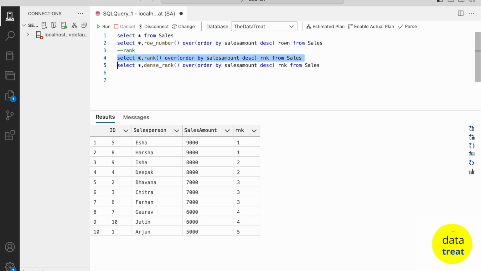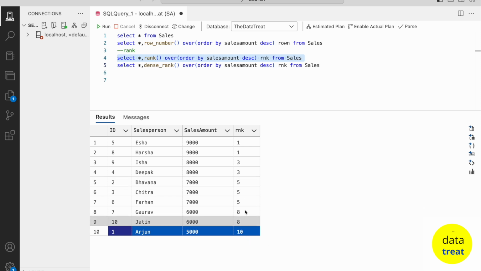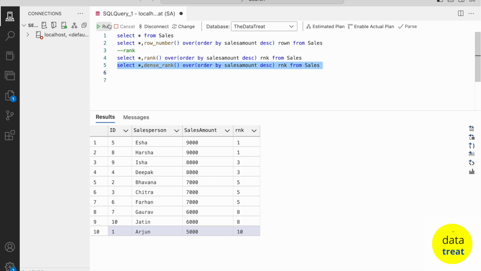Rank will have a lot of gaps in between because even if it moved to the 10th row, it is giving the 10th rank. We don't care about how many duplicates were there in between, but it preserves that. But in dense rank it doesn't work like that. Dense rank considers all rows. If both are second highest, after this it will consider the next as third highest, and not based on the duplicates and incrementing by it. So that's how rank, dense rank, and row number work.